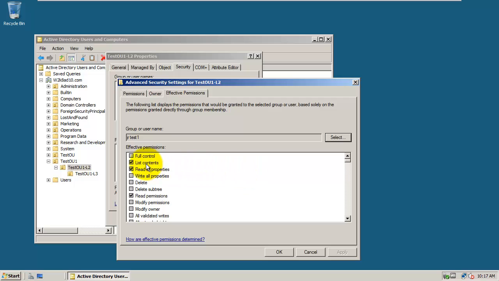Now you can see that I can still read, even though I took off read, because I'm still part of the group that gives read. That's part of the effective permissions. And even though I'm part of a group that says yes, you can write, I explicitly said that you can't write, and so now I can't write. The deny took precedence. The explicit does not overwrite the inherited, but the deny overwrites the allow,